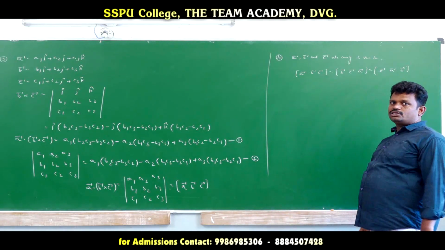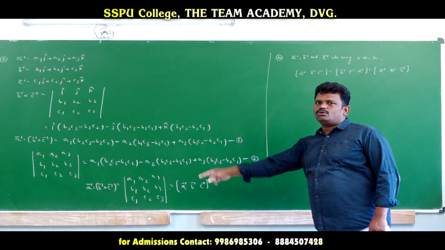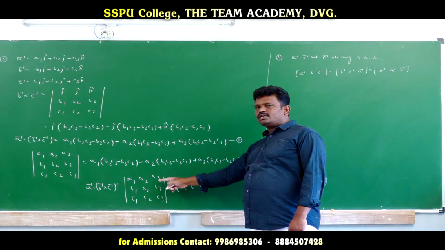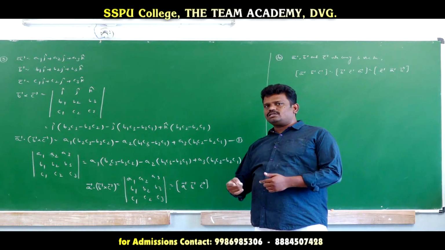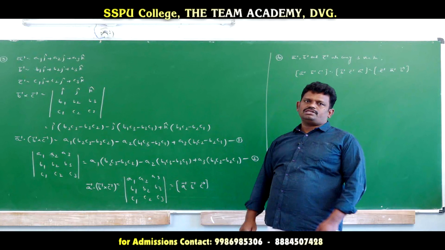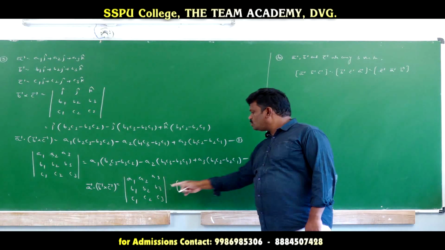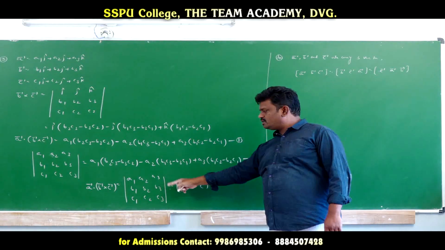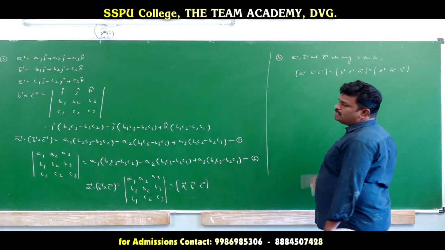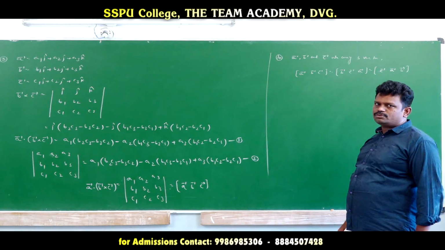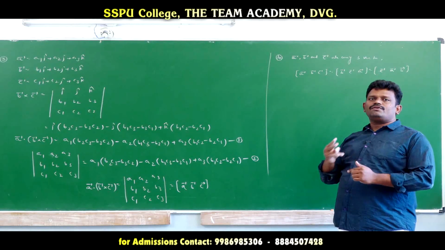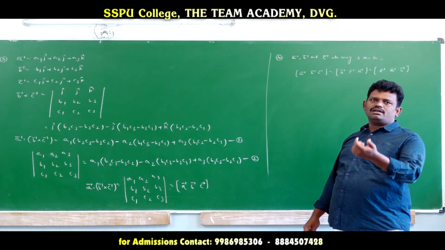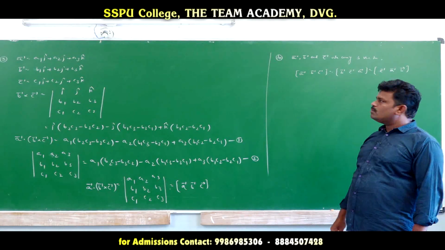If you want to calculate, you can apply this method. In the determinant, by the determinant properties, if any two rows or any two columns are interchanged, the determinant sign is changed. So like that, if you interchange these two, you get this box value again, and if you interchange these two columns, you get this box value again. So what we remember is, in any box, if two vectors are interchanged at a time, the sign of the box value changes.